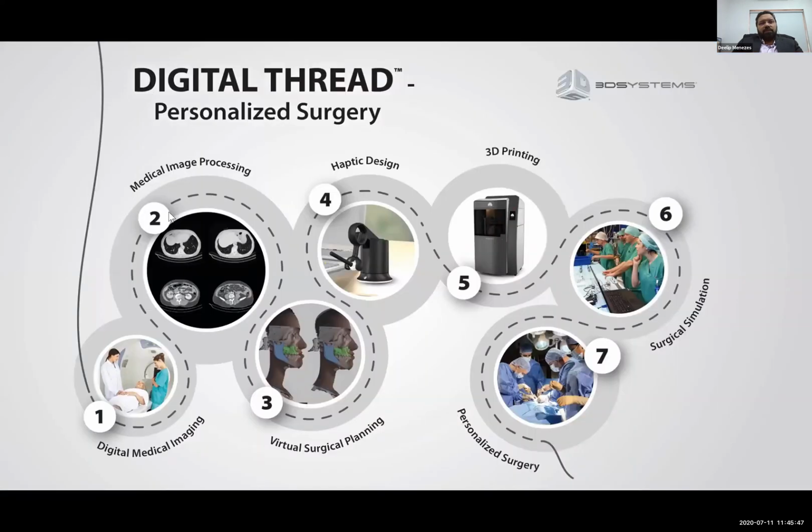This is a picture that I'll be coming back to throughout the presentation. This whole thing starts with digital medical imaging. You need a scan of the patient, of his organ, or the part that's infected. After that, you have to take that image and process it, because it is in 2D, and it's normally in a grayscale environment, like you can see here. After you process it, you can plan the surgeries, and then design the implants or the 3D printed part that you want to print, like a surgical guide. Then you get into 3D printing, and then you can print the